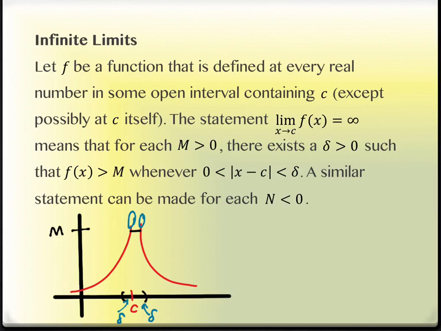So if we can get close enough to c, we will exceed the value M for any M. And that's the important part. It says for any M. So, okay, I don't like that M, I just make the M bigger. Well, we're going to get bigger. It just means that around the c value, I need to get tighter. And if I get tighter around the c value, I'll be above that new M value too. And I can do that forever. And as long as I have the ability to do that forever, what we would say is that this limit is infinity.